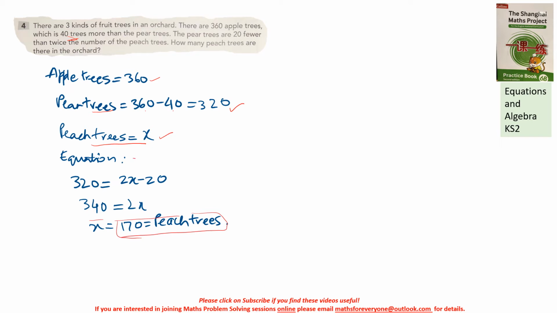So my equation will be: the pear trees are 20 fewer than twice the number of peach trees. Here are your pear trees, 320. So 320 is 20 fewer, minus 20, than twice the number of peach trees, so 2x. Moving this to the left, I get 340 equals 2x. So x equals